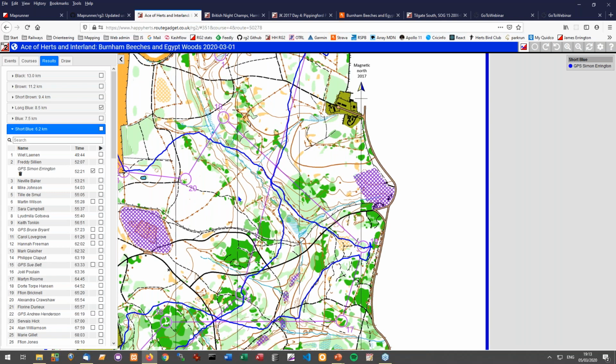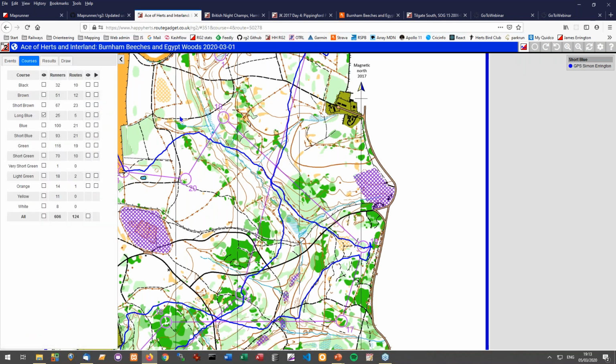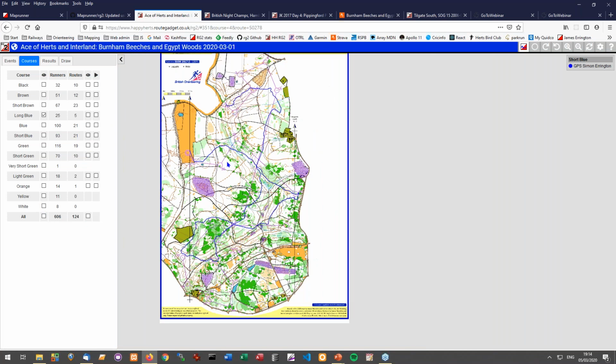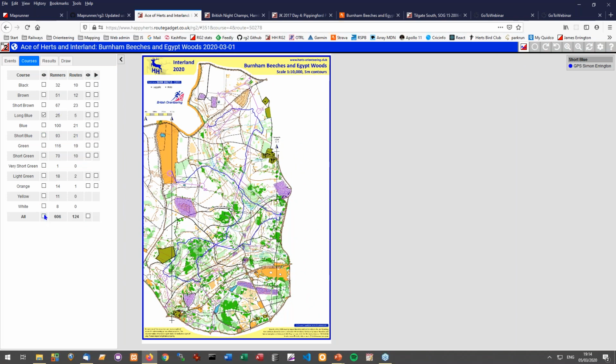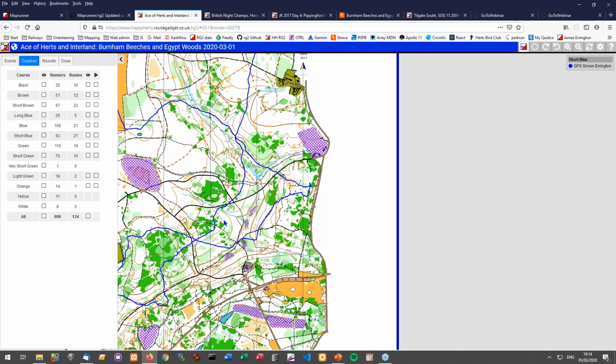Okay, so we've been through the screens. Hopefully most people will remember most of what I've shown so far. So we're on the courses tab, there's all the courses. We've said you can, if I come back to there, we can put all the courses on if you want to see how the planner's taken people around. This is also quite useful if you ever want to go in and see quite how the flow has been organised or what courses go where.